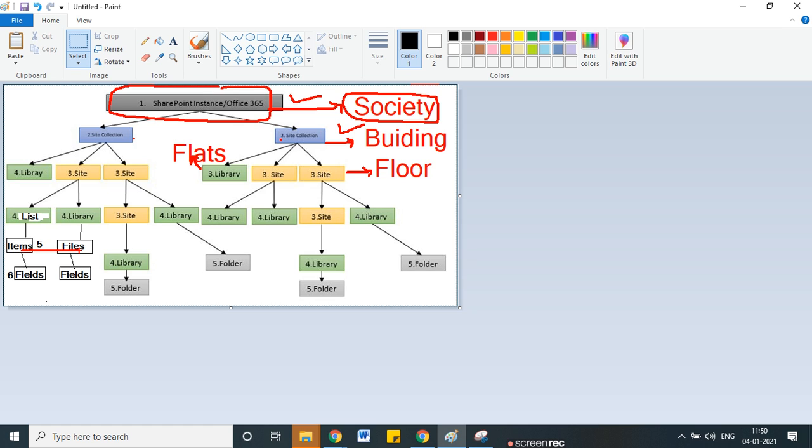Then for a specific module like SharePoint, there is a SharePoint admin, and here the SharePoint admin is the society admin. After that he enters the building entry. See, if some person comes and wants the authority to enter,